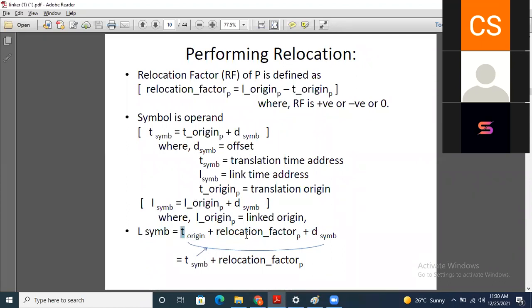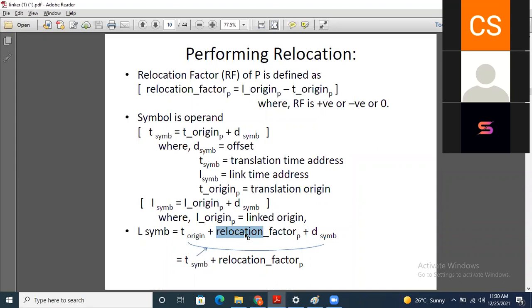Translated origin plus relocation factor plus offset. Or we can combine this T origin plus offset as the translated symbol and add it with the relocation factor. म्हणजे फॉर एक्झाम्पल आपल्या जे एक्झाम्पल आहे त्यानुसार टी ओरिजिन माझं 500 आहे, रिलोकेशन फॅक्टर आहे 40, सॉरी रिलोकेशन फॅक्टर इथे रिलोकेशन फॅक्टर दॅट इज द 900 minus 500, it is 400.